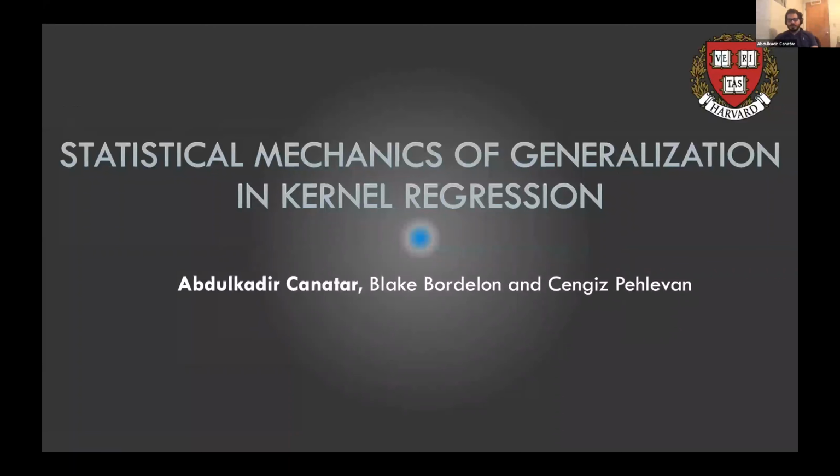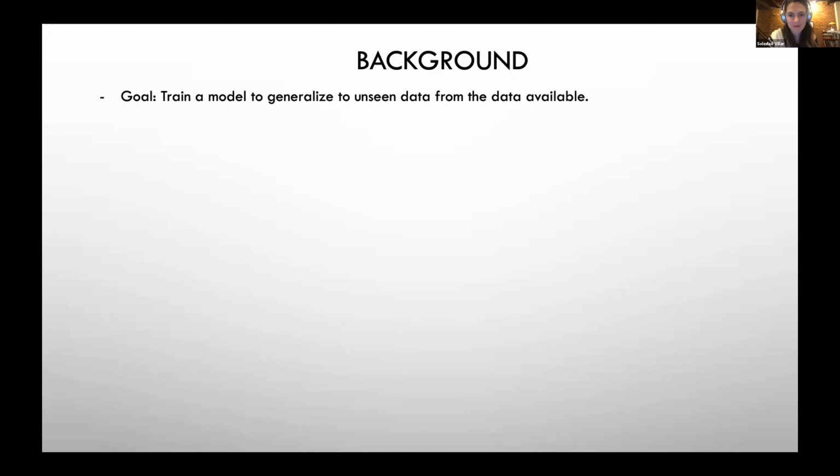Hello, everyone. I'm Abdul from Harvard, and I'm going to present our work with Blake Bordelon and my advisor, Cengiz Pehlivan, on statistical mechanics of generalization in kernel regression. So first, I want to start with the background. The main goal in machine learning is to train a model to generalize to unseen data from the training